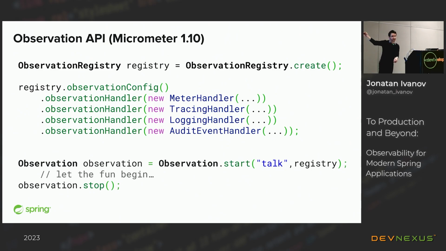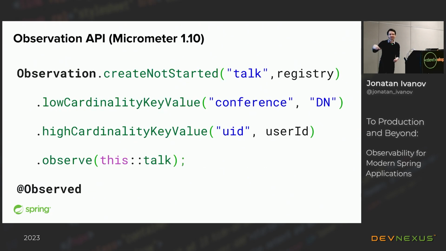And after you have this set up, and Spring Boot 3 will do this for you, let the fun begin, and you can basically instrument your own application. But this is still a little bit too much boilerplate. Like try, catch, finally, start, error, stop, whatever. You will use this a lot of times. You will have full control over your observation, but if you happen to want this exact thing, we have